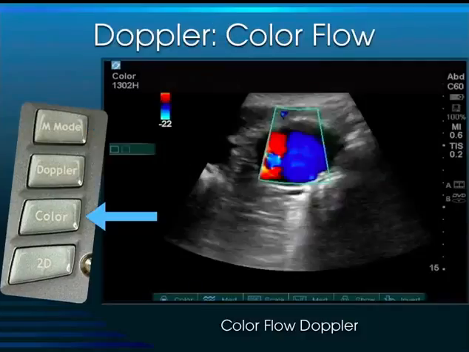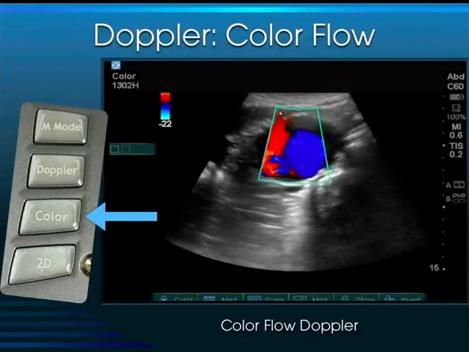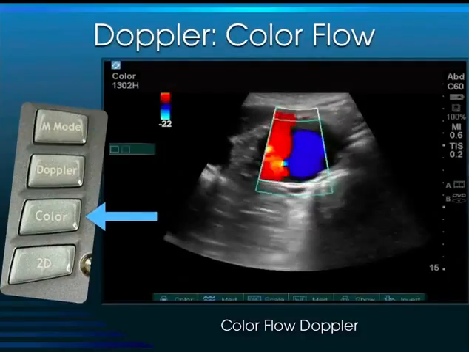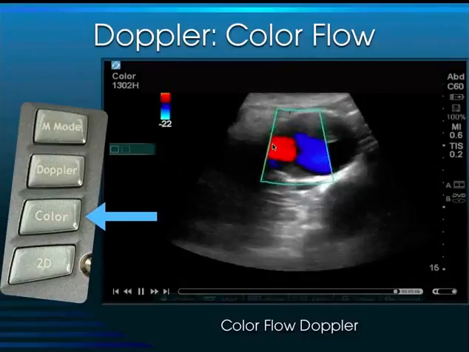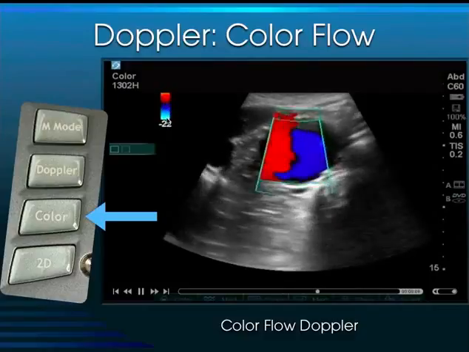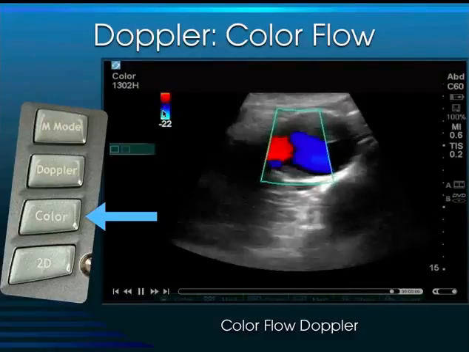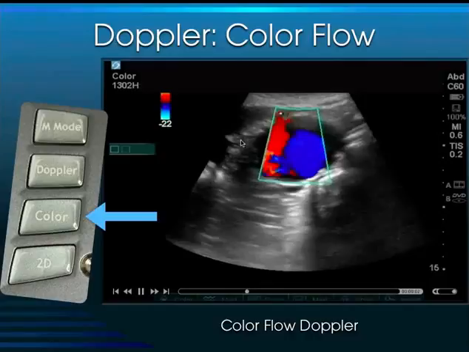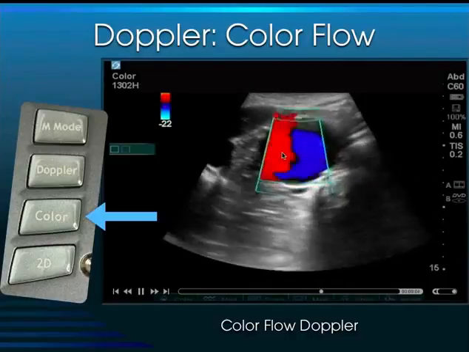And then there's the color flow Doppler. Color flow Doppler is directional flow. Red is flow towards the transducer. Blue is flow away from the transducer. And as we can see here in this aortic aneurysm, there is a turbulent flow kind of going back and